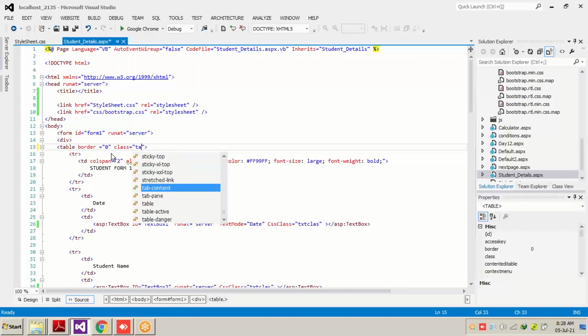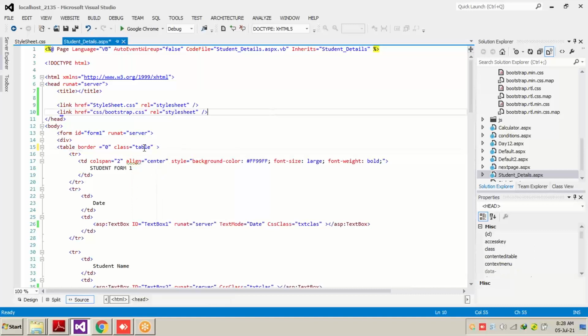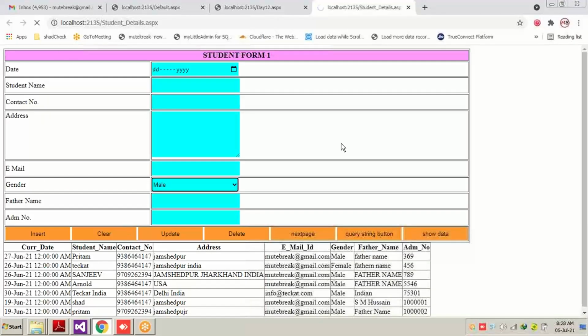We will be choosing table. You can see there are many CSS classes built for tables. If I choose this table, it means this table class is present inside this Bootstrap file somewhere, and we are just using this particular class. The class name is table only. If I put the class inside the table and refresh the page, how does it look?